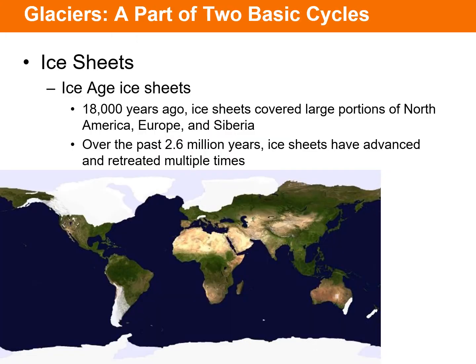So we talked about the ice sheets of today. However, let's talk about the ice sheets that existed during the last ice age a little bit more. About 18,000 years ago, which in the span of geologic time actually isn't that long ago, ice sheets still covered very large portions of North America, Europe, and Siberia. And over the last 2.6 million years, ice sheets have advanced and retreated several times. And this figure that I'm showing on this slide shows the extent of the ice sheets about 18,000 years ago